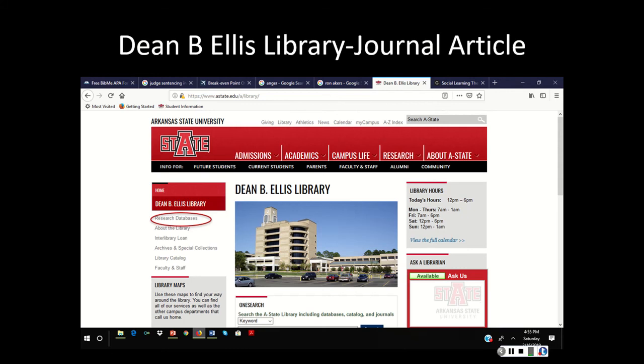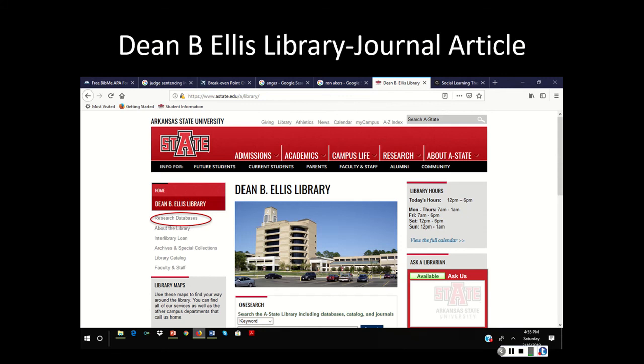Now, if you've not used the library's research databases before, you will likely be asked to sign in. There are a number of different databases that you can use. Your instructor may disagree with me, but by and large, when I do my research, I use Google Scholar. All right? So after you've signed in, go to Google Scholar, click on that, and put in the term you want to research just like you would if you were using Google. For studies that the library has, you'll see a PDF available to you on the right-hand side. This is going to take a little getting used to the first time, but once you have it down.